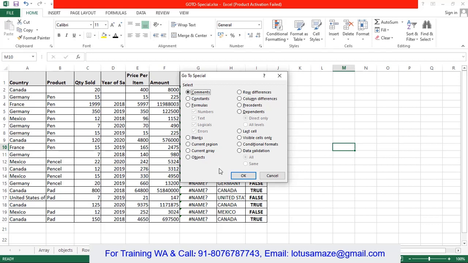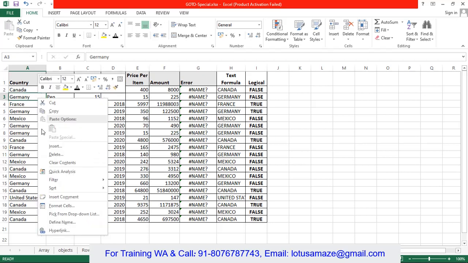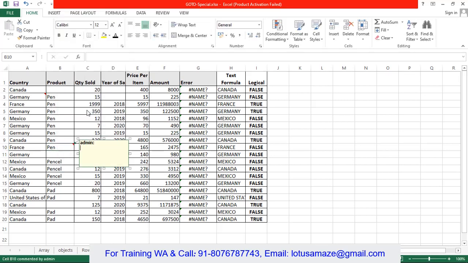Now by default, Comments is selected. What is the use of this? Suppose we have some data and we insert some comments. Say in this one, right click, insert comment. This is the comment line. Now the second one. This is the comment line.